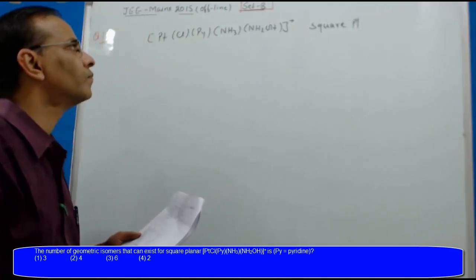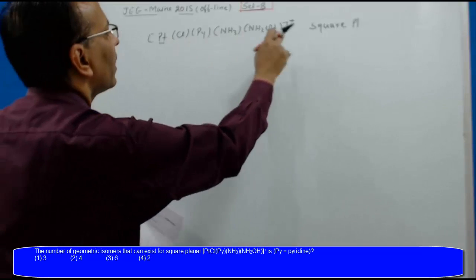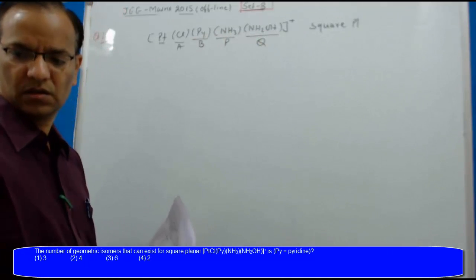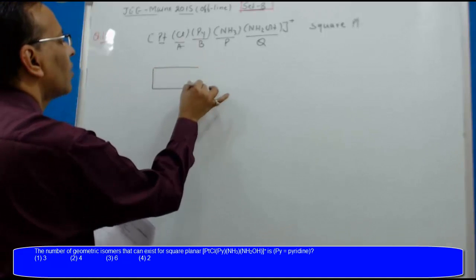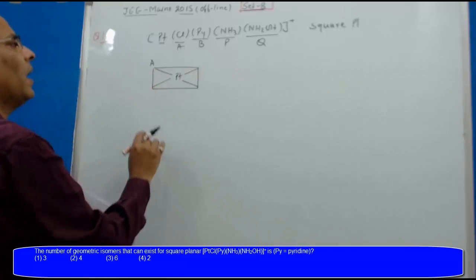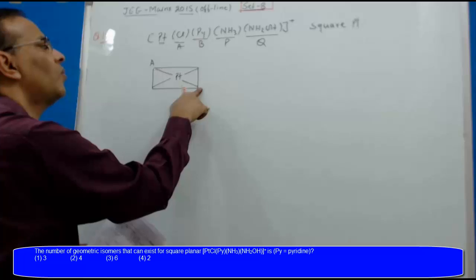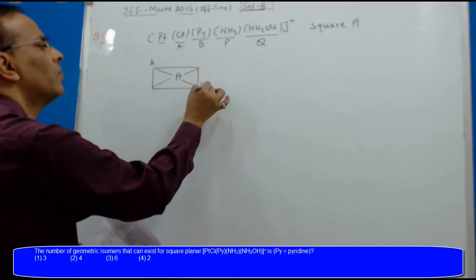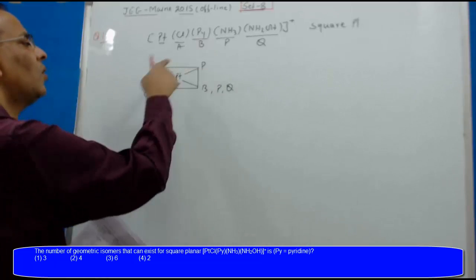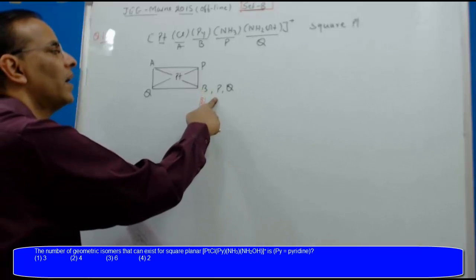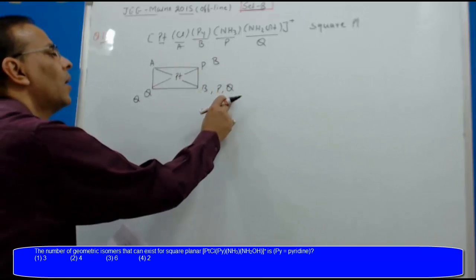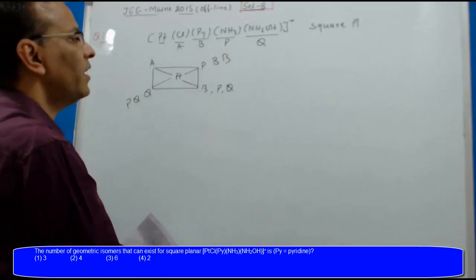कि ये स्क्वायर प्लेनर कॉम्प्लेक्स है। तो प्लैटिनम सेंट्रल मेटल हो गया और इससे 4 डिफरेंट टाइप ऑफ लिगेंड्स, सिंपल समझने के लिए इसको हम ए बी पी क्यू कर लेते हैं। कैसे इसको विजुलाइज करते हैं? बहुत आसान है। स्क्वायर प्लेनर कॉम्प्लेक्स में किसी एक को एक कॉर्नर पे फिक्स कर दिया हमने ए, तो उसके डायगोनल पोजीशंस पे कितने डिफरेंट अरेंजमेंट हो सकते हैं? तो ए के डायगोनल में बी हो सकता है, पी हो सकता है, क्यू हो सकता है। अगर बी यहां पे लोगे तो इधर पी क्यू हो जाएगा, पी क्यू या क्यू पी एक ही बात है। अगर पी यहां पे लोगे तो इधर बी क्यू या क्यू बी हो जाएगा, बात एक ही होगी। और अगर क्यू यहां पे लेंगे तो बी पी, सो टोटल 3 मैं बना दे रहा हूं,